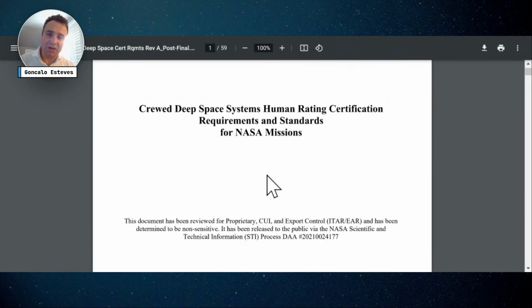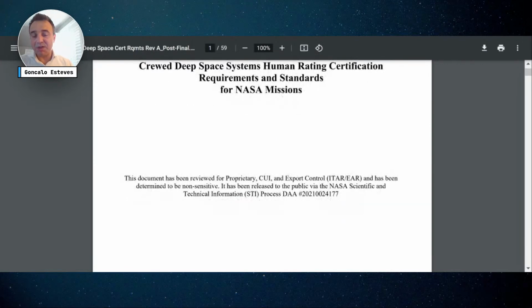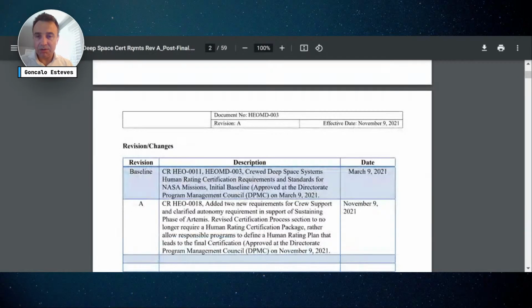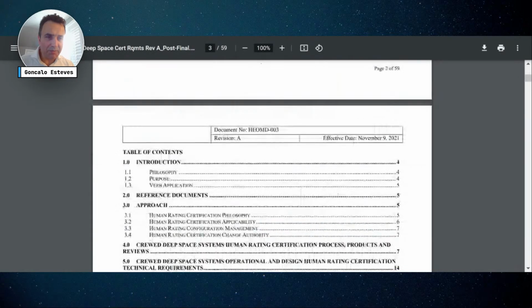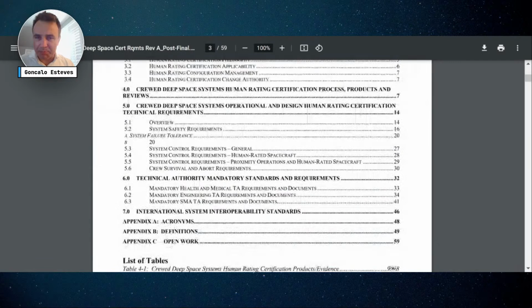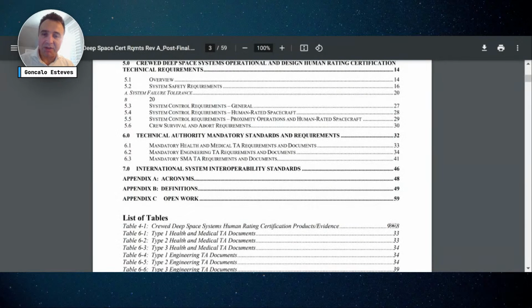And this is more tailored, okay? It's tailored in order to meet the criteria. I would say if you want to deep dive, there are very, very interesting things on the international system of interoperability standards. A lot of words in here, guys. This is one of them.